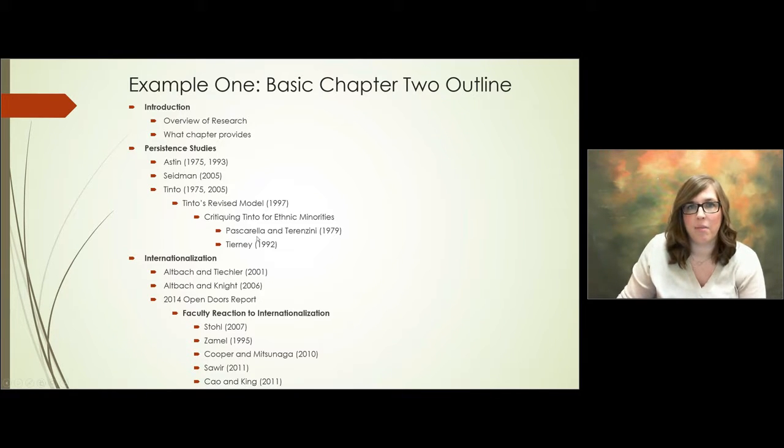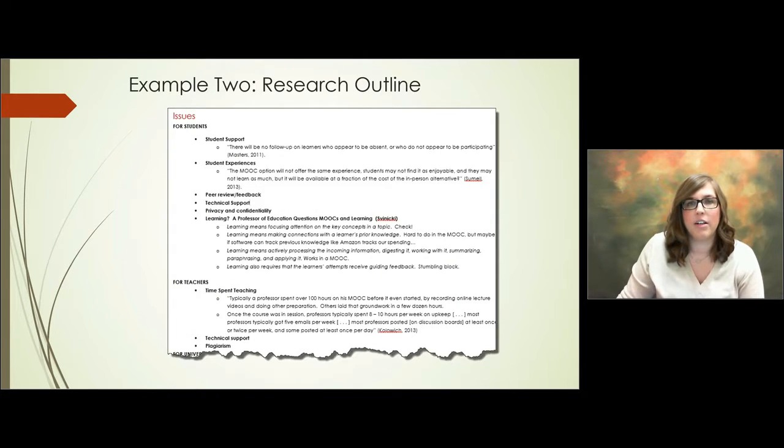So I've got my headers already in line, so when I go to do my table of contents or when I go to write my chapter 2, the headers are all right there for me. Here is my second